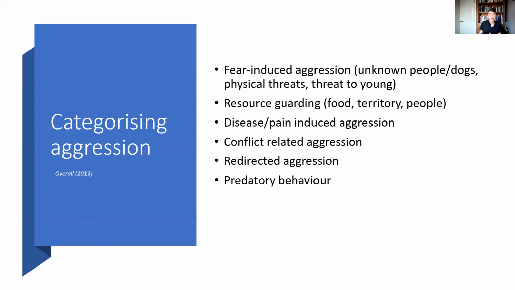So resource guarding is, again, a type of fear-based behavior, because if we think of dogs in an evolutionary environment where they've spent most of their time evolving, they wouldn't necessarily get another meal if they lost it. They wouldn't necessarily find another safe place to sleep if they lost it.